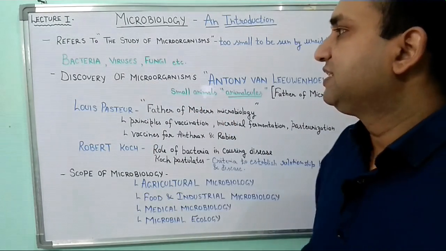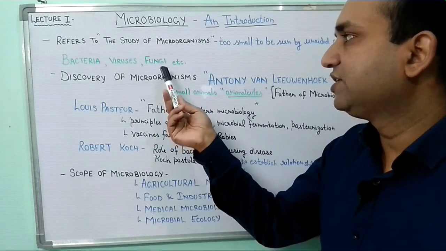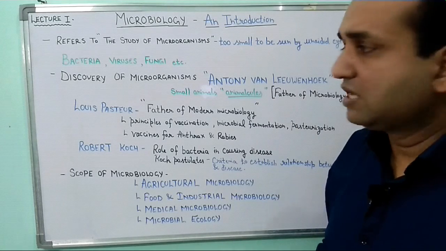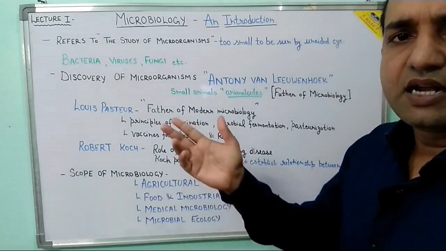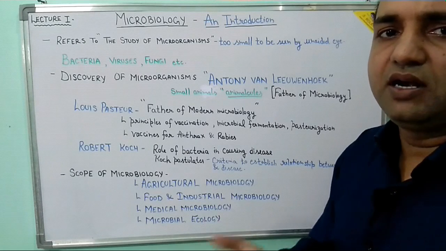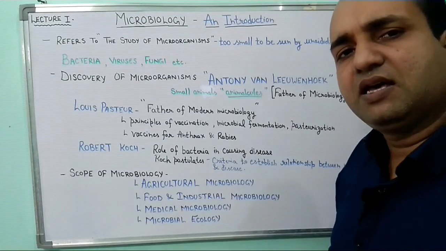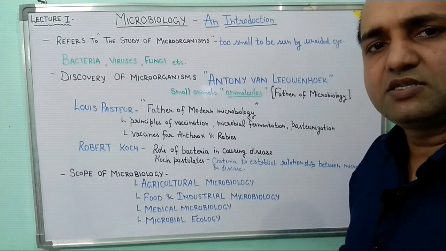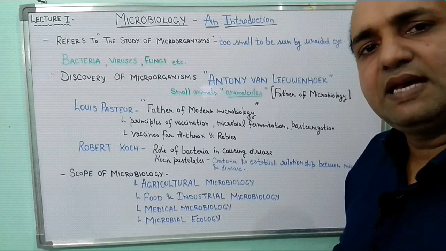Now the classic examples of these microorganisms are bacteria, viruses, fungi, and there are several other organisms which are classified as microorganisms. Now the bacteria are the most commonly used. These are the kind of prokaryotic organisms that are almost present everywhere. The water we drink also contains E. coli, which are a kind of bacteria, and everywhere, whether it is in the air, in water, or the soil, there are numerous cells of bacteria present.